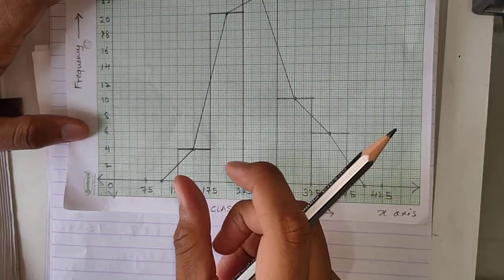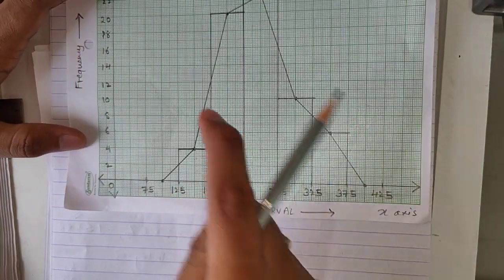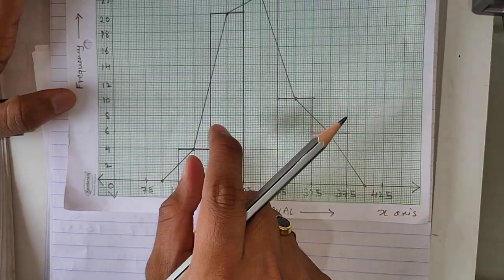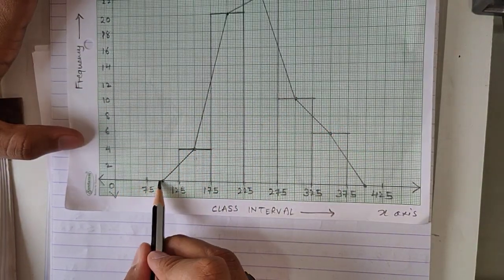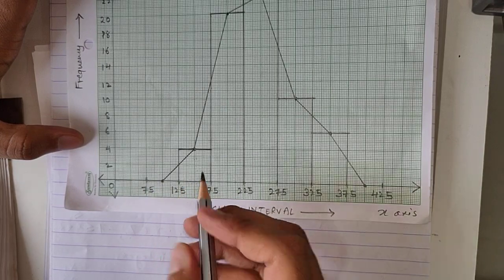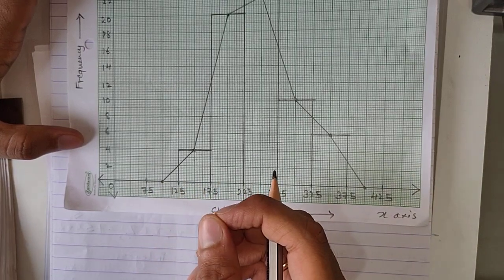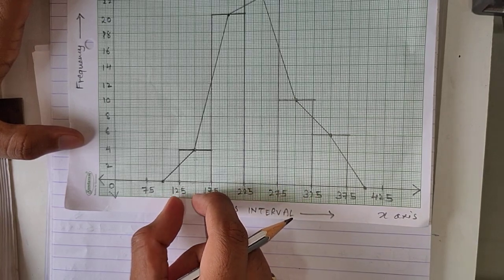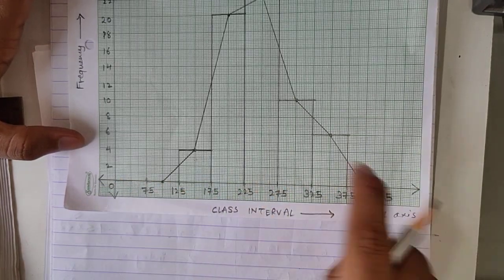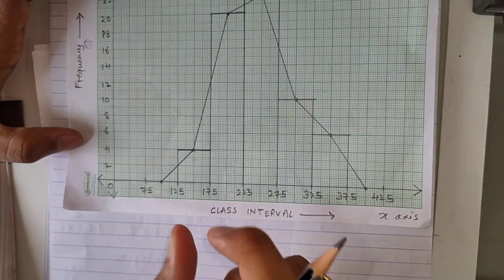Now see how to see the scale. Scale for a 1 centimeter graph paper means that this 1 centimeter distance in your graph paper is signifying how many units. So this 1 centimeter in your graph paper signifies how many units on the x-axis and on the y-axis. That is the meaning of scale.